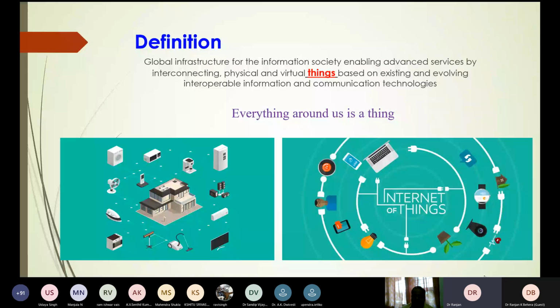So what are the things around us? Everything, starting from a mobile, a pen, everything all around us are things. Anything which is connected. We made many projects, and I will show only two of them here. How the things are connected to the internet, to the cloud, and how the analytics takes place. For example,